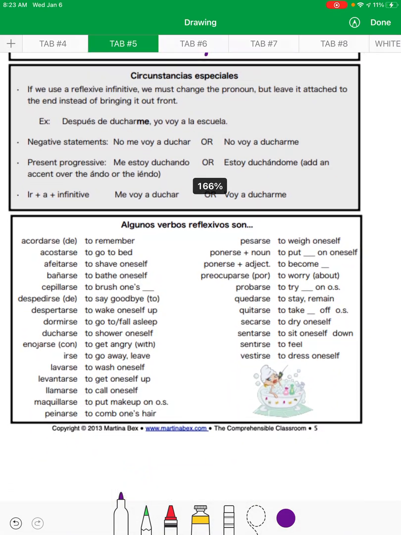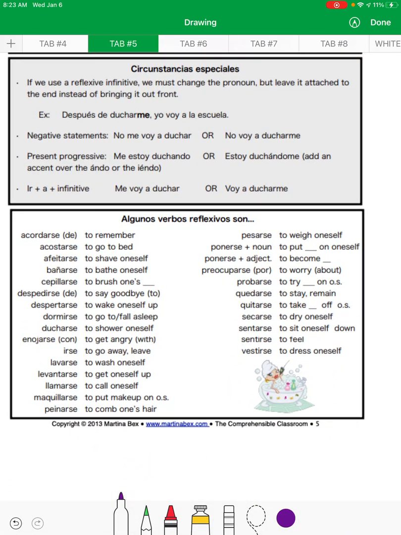Here are some more examples, looking down here. Okay, as we go, we'll keep learning about this. Let me know if you guys have any